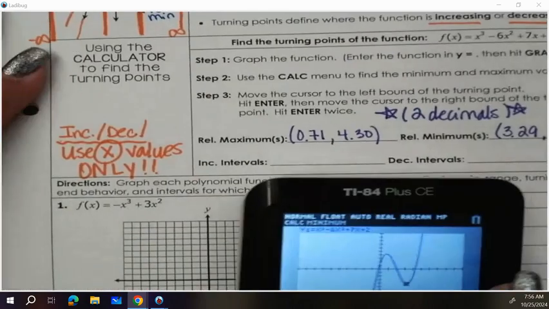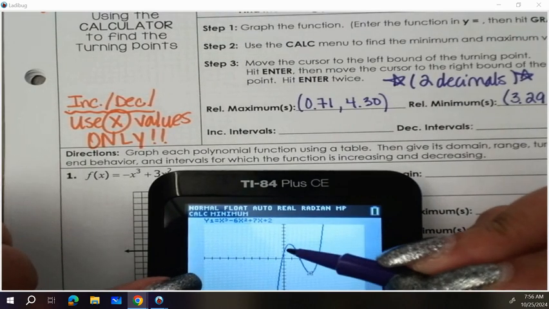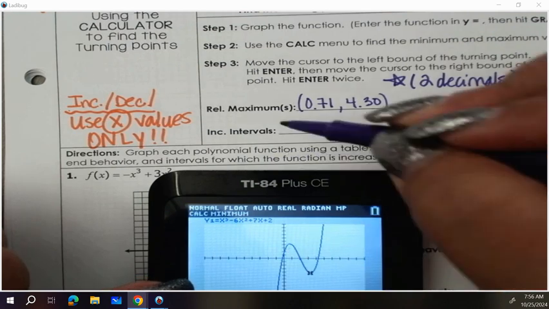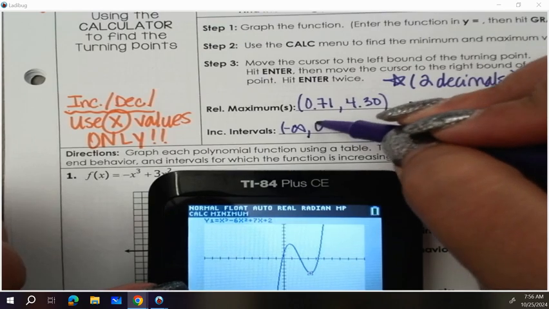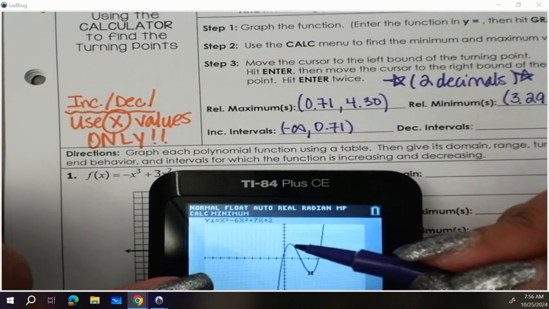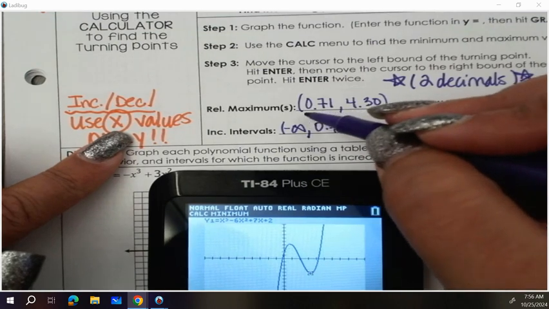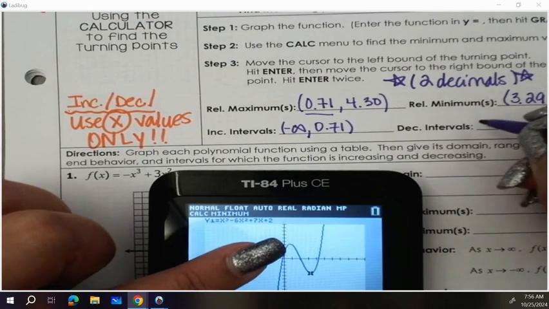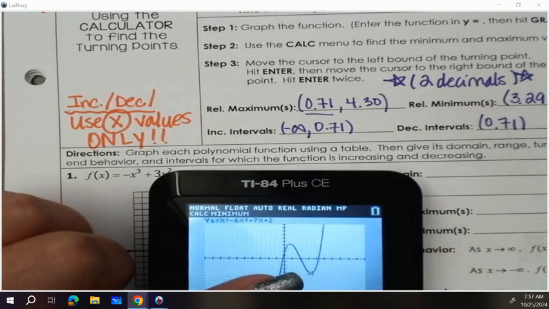Okay. So for my increasing intervals, from negative infinity all the way up to whatever my x coordinate was right there at my maximum. So negative infinity all the way to 0.71, I'm increasing. Because that's that point right there, and I use x values. So it's right here. Here's my x value. Then from 0.71, which is my x value, all the way up to 3.29,